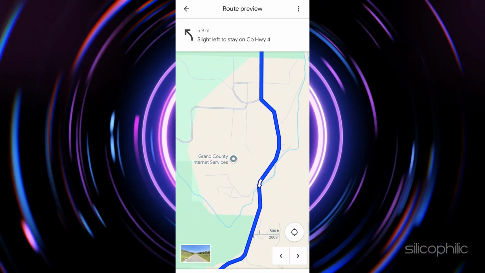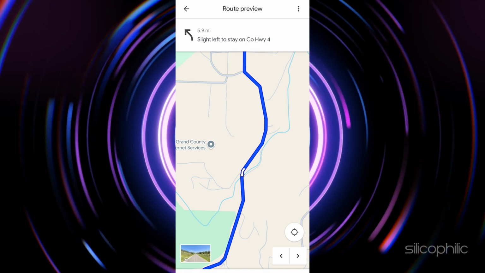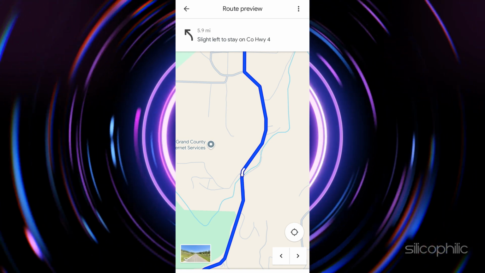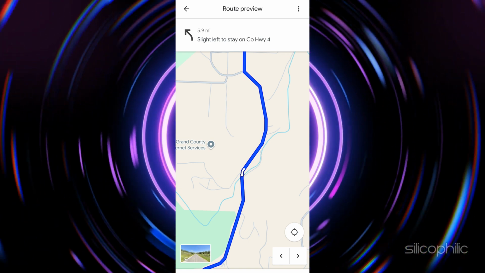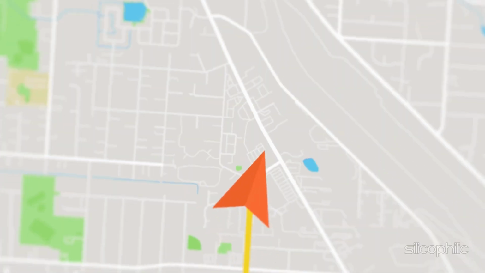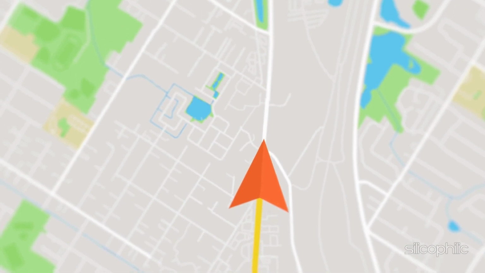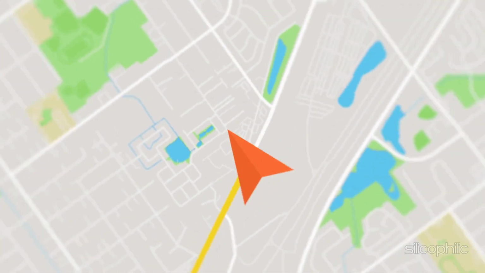If you still do not hear voice directions, check your device's overall volume settings and ensure that your phone is not connected to a Bluetooth device that may be redirecting audio. This way, you should be able to successfully enable voice directions in Google Maps for a more convenient navigation experience.